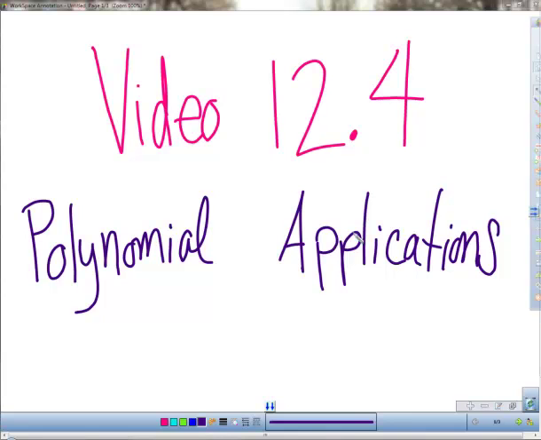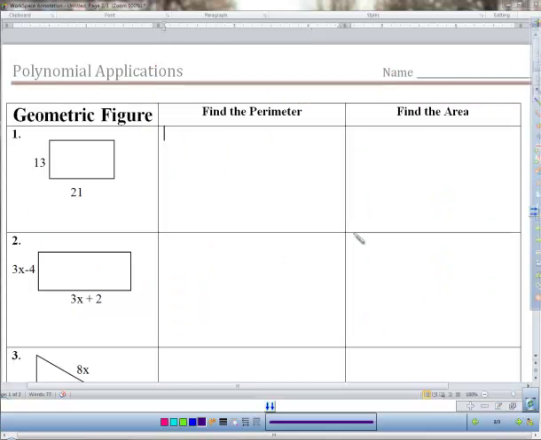Guys, it's Miss Castor. Go ahead and get out your note-taking guide that I gave you on polynomial applications. This is video 12.4. Okay, number one, we just have a regular rectangle, and it tells us to find the